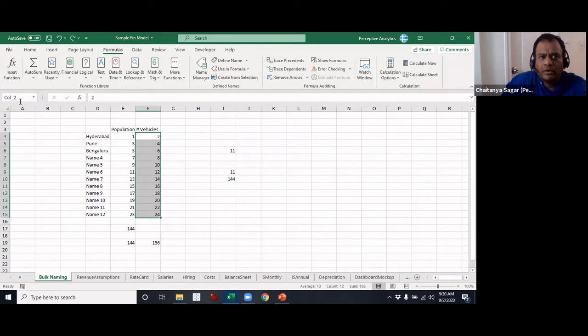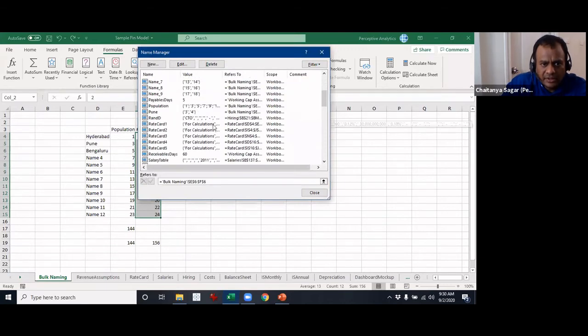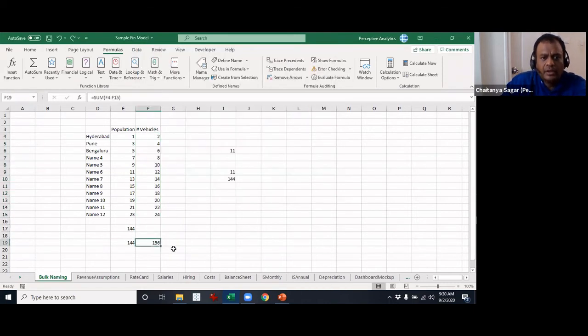Oh, it's called column 2. Hold on a minute, let me see. Vehicles, did it select or no? Vehicles also it has selected, so it should not be a problem. I think there are 2 of them, right? That might have caused an issue. Let me just check that. I think there was an error. Let's check that error first.